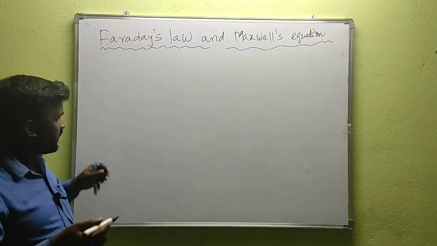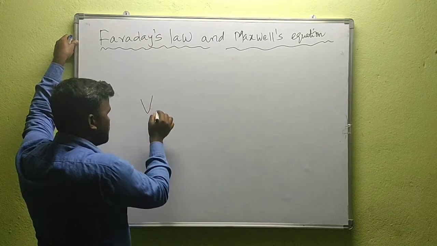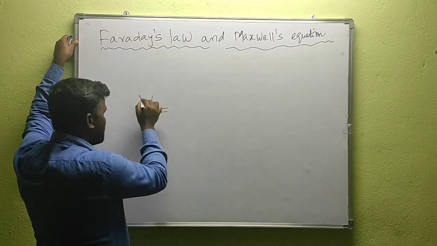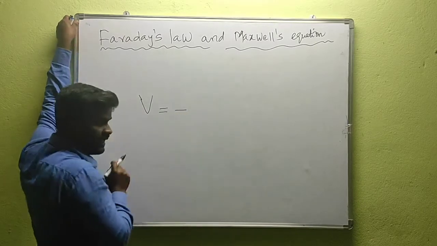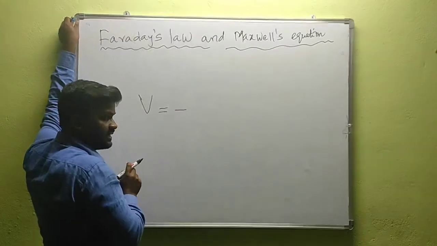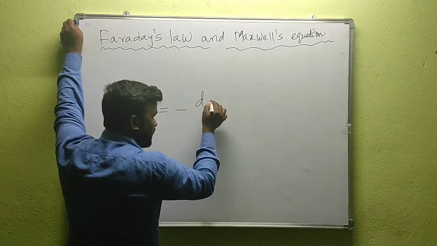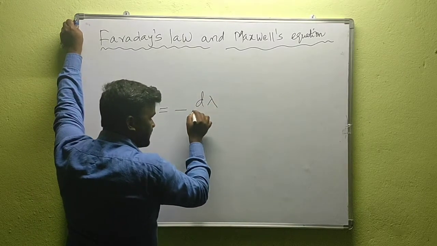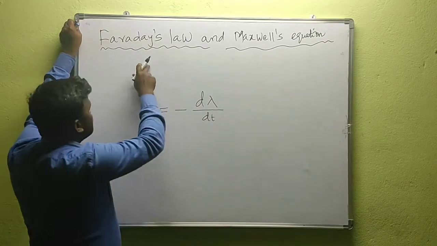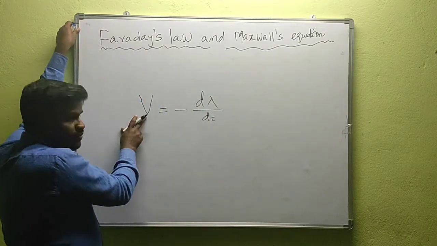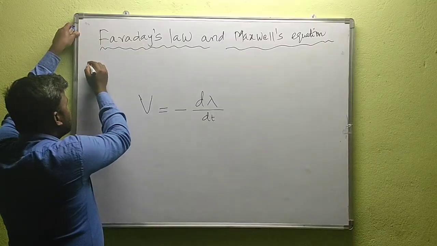Now mathematically we can write V is equal to, that means voltage in a closed circuit is equal to the decrement, meaning the negative sign. This negative sign indicates the decrement of the rate of change of the magnetic flux linkage. I will write that statement here. So this is voltage, or else electromotive force, induced.